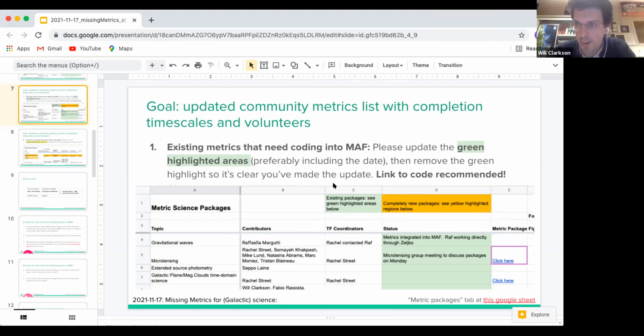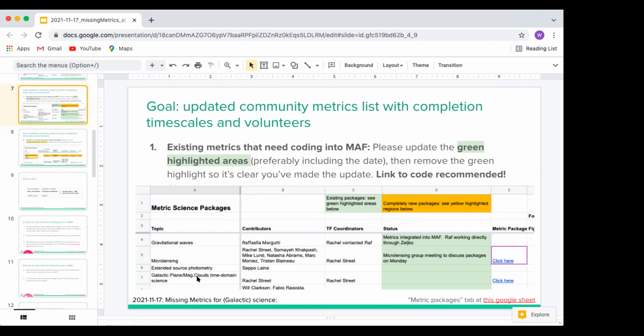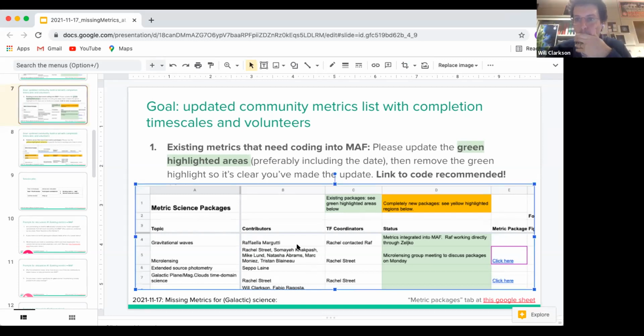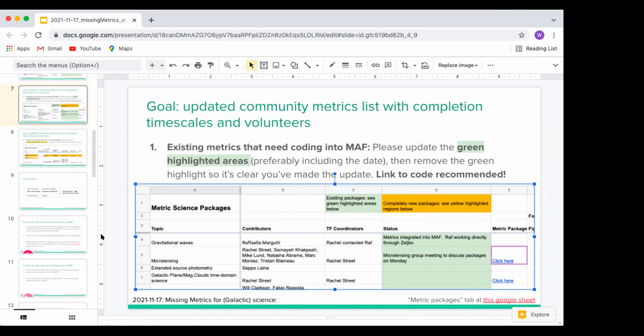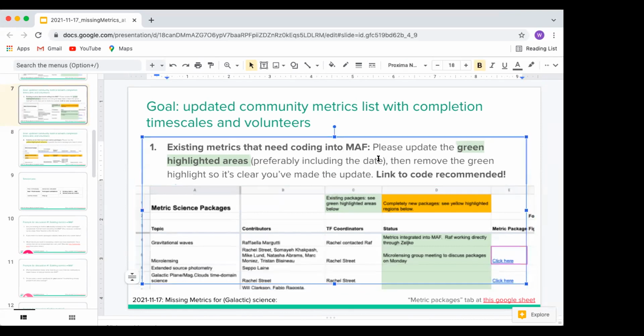Lynn, does that address your question? Yeah, I think so. Okay. Okay, we've got a few minutes left for any additional questions or comments. Rachel. Just to jump in, would it be a good idea if when people update the spreadsheet, they update it with a date to say this was updated on, so that we know for any updates that may have expired?